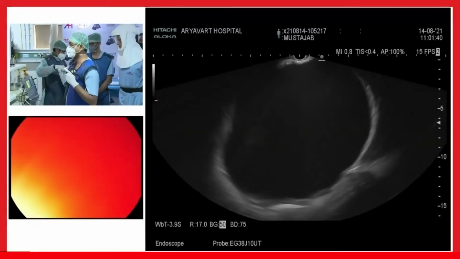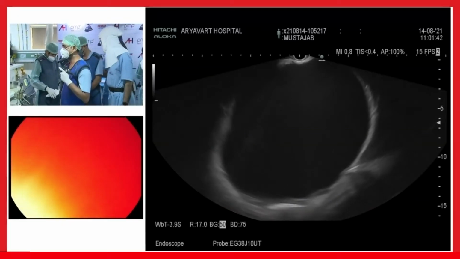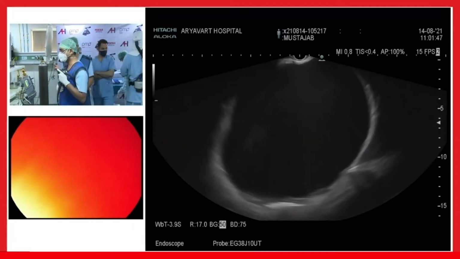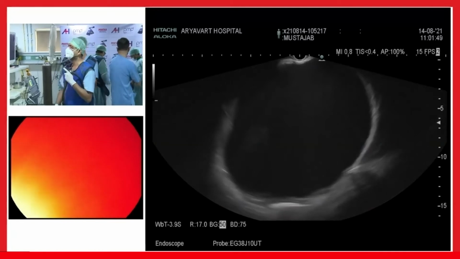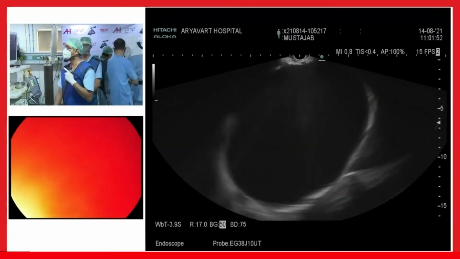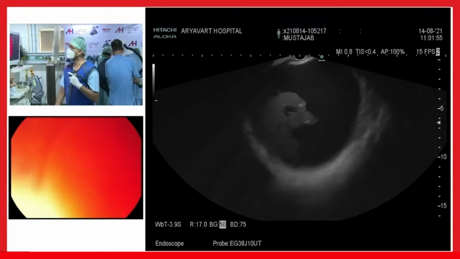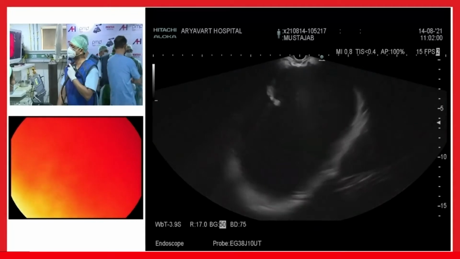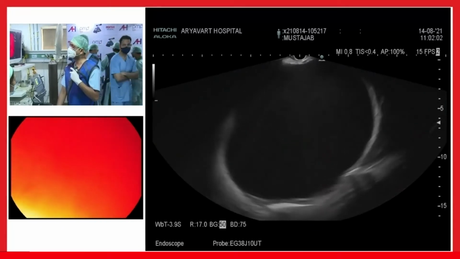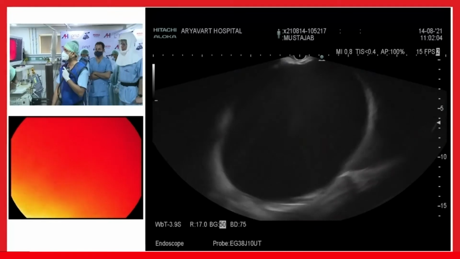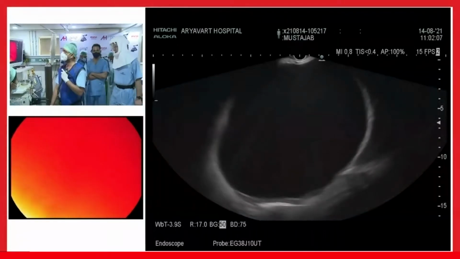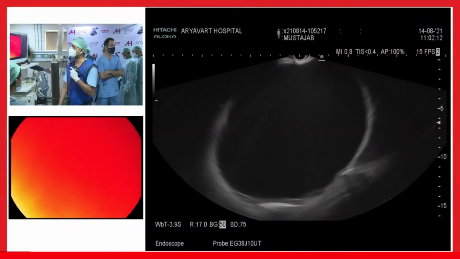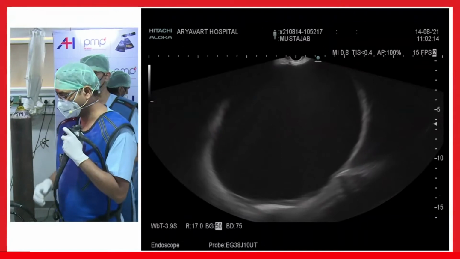So this is a middle-aged old lady. She has a history of chronic pancreatitis, and for 3 months duration, she has increased abdominal pain and a lump in the abdomen. We have already introduced the US scope, and you can see here this is a large cyst with clear content in it, and it has been already decided that we will put the plastic stent. So all the steps of US cystogastrostomy with plastic stent are demonstrated here.